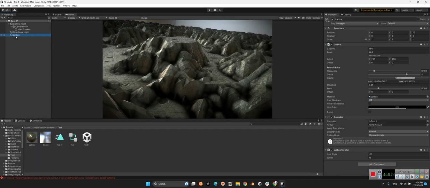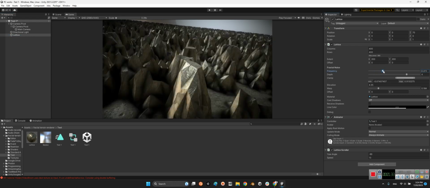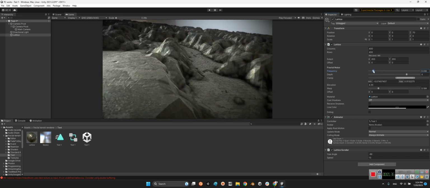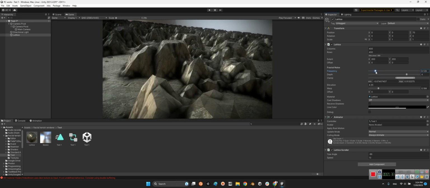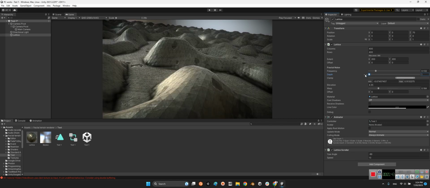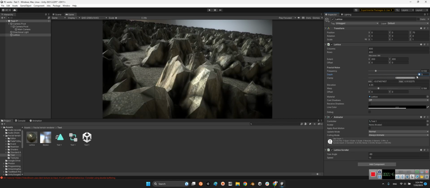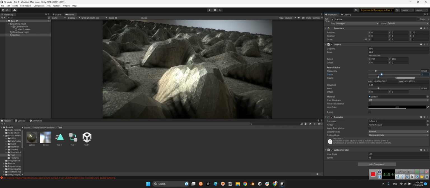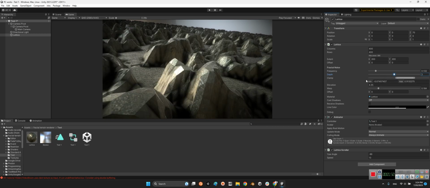If you click on the lattice object, this is actually the terrain maker, which has the columns 400, 400 and extent 200, 200. Here we can change the frequency. Look at this. And here we can set the depth, or even make these hills smoother here, and we can change the clamp whenever we want to